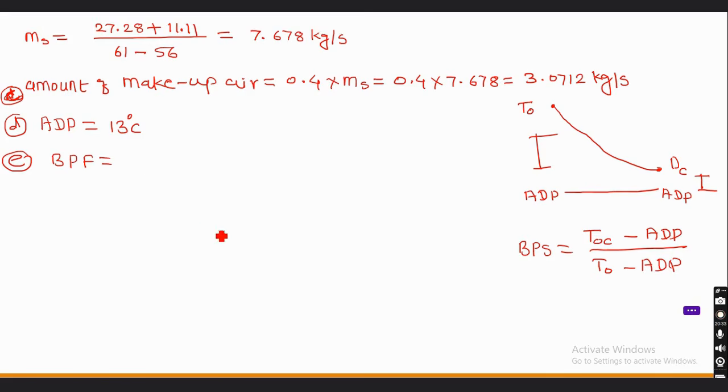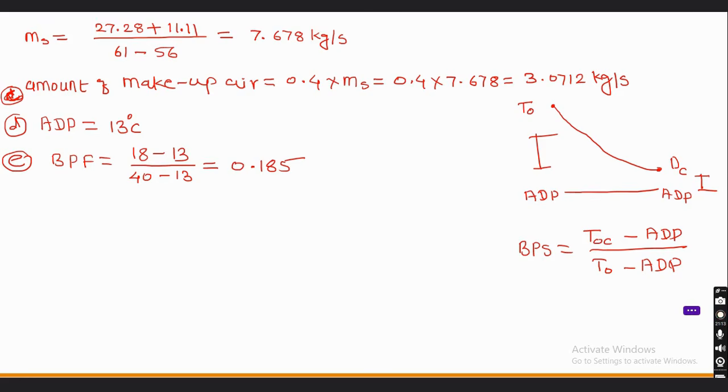So TOC, how much is the TOC? TOC is equal to 18 degrees Celsius, the temperature of air after the coil. The ADP is 13 degrees Celsius and outside air is how much? It is 40 degrees Celsius. So 40 minus 13. If I calculate this, I get the value of bypass factor as 0.185. So this way we can find out the bypass factor, apparatus dew point temperature, amount of makeup air,